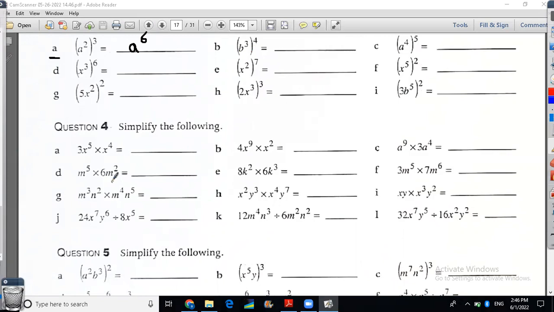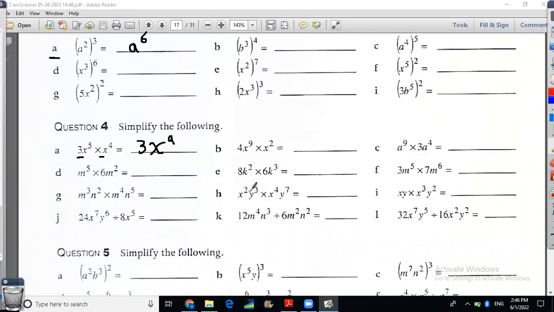All right, simplify the following. Here, what are we supposed to do? We're going to multiply the numbers by each other first. Yes, correct. 3 times. Where is the number here? There are no numbers. Oh, no, sorry. There is a number, but it is invisible. That number does not appear here. It is actually only 1. That's why we don't write it. So it's 3 times 1, which is just 3. X to the power of 5 multiplied by x to the power of 4 is x to the power of